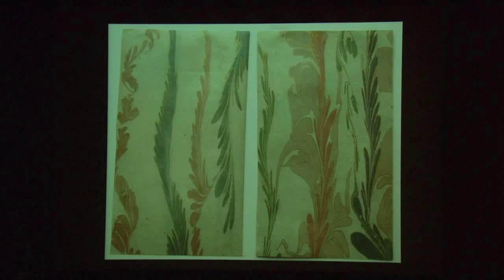New evidence for early marbling then surfaced in the 90s with the acquisition of a pair of leaves by the Kronos collection here in New York City. These leaves challenge prevailing views of marbling for several reasons. One leaf is marbled on both sides, while the other bears a Persian inscription in Talik script stating, "Yadashte in abrihaye nadire." Note that these rare marble papers,